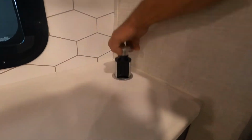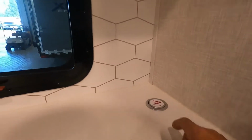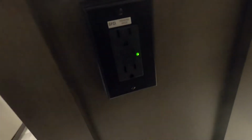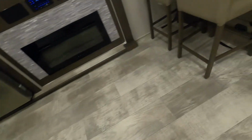Pop-up power port here, 110 USBs. Simply put that right in and snap that back down. Individual lighting here. In your island, you have a 110 with GFCI reset on it. Coming over here